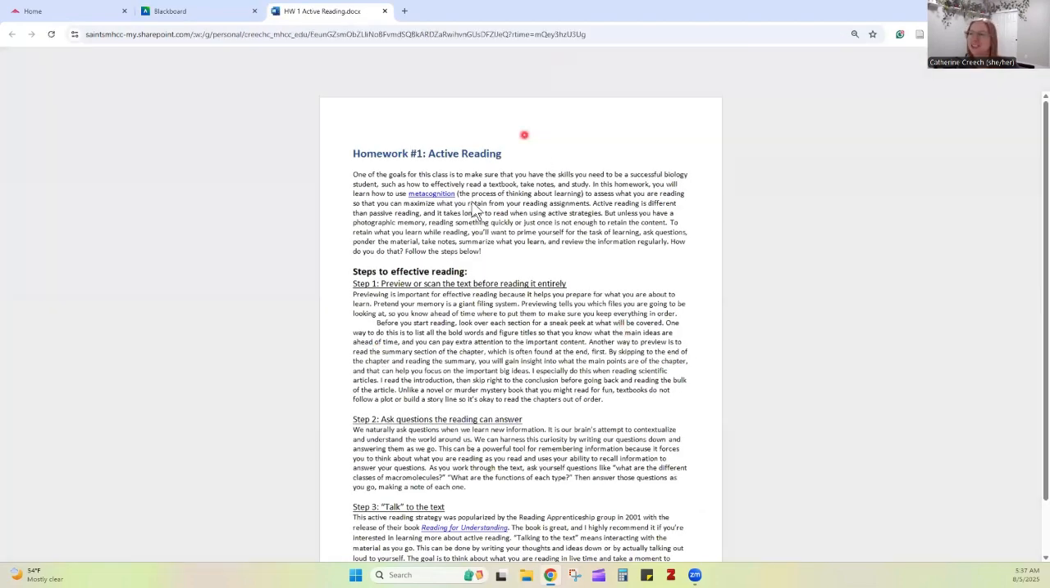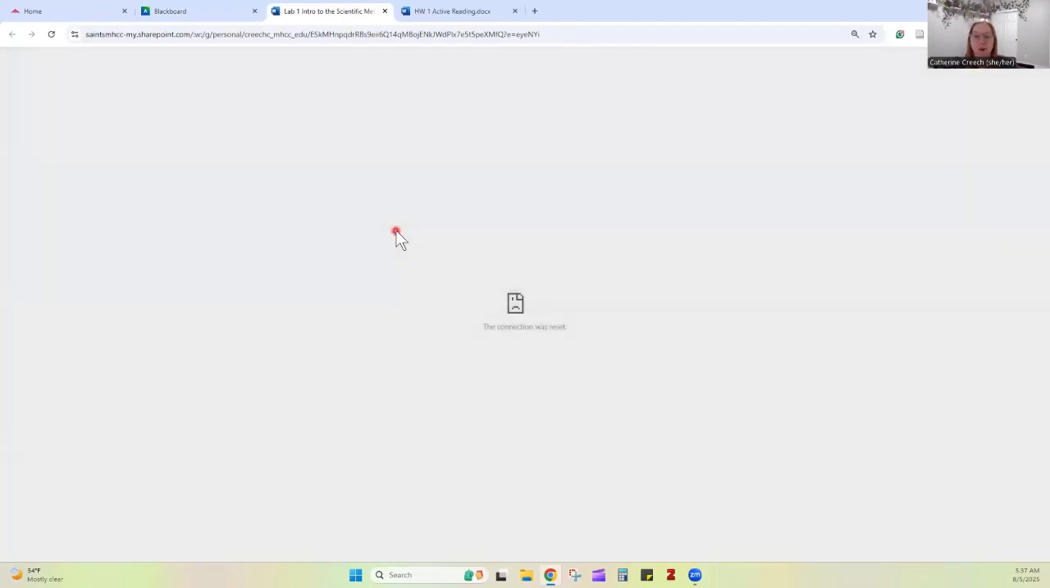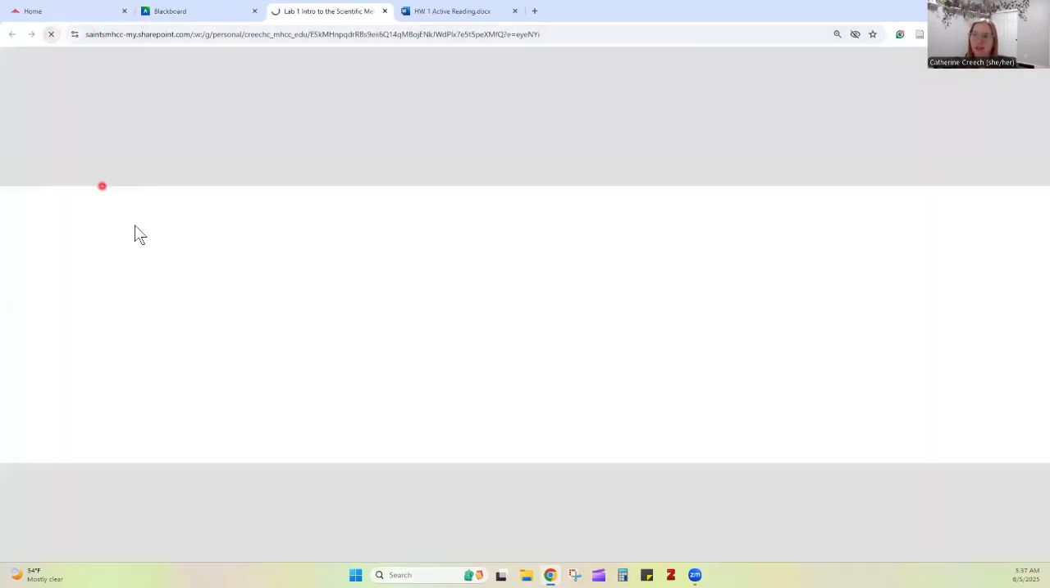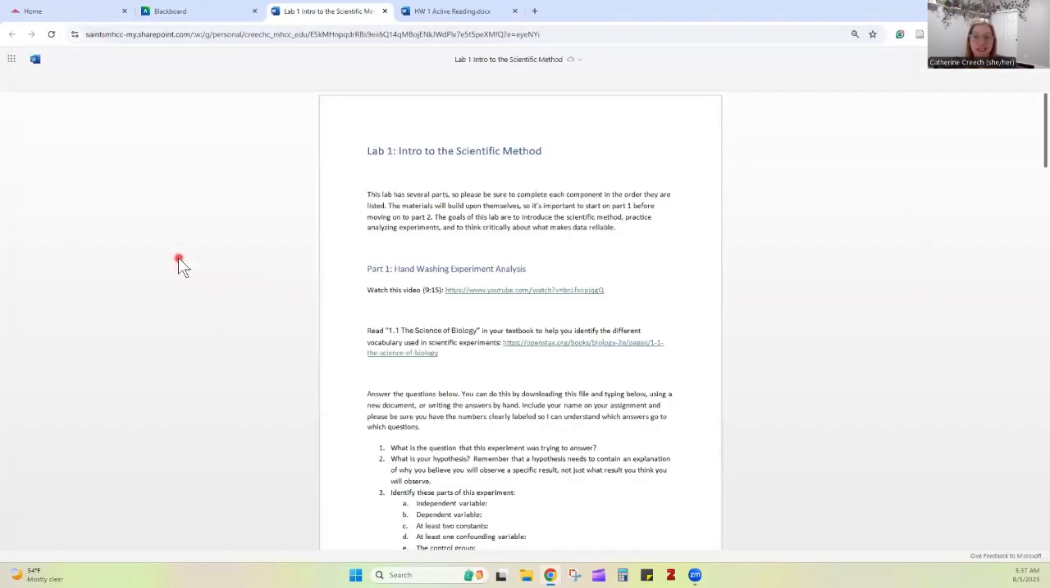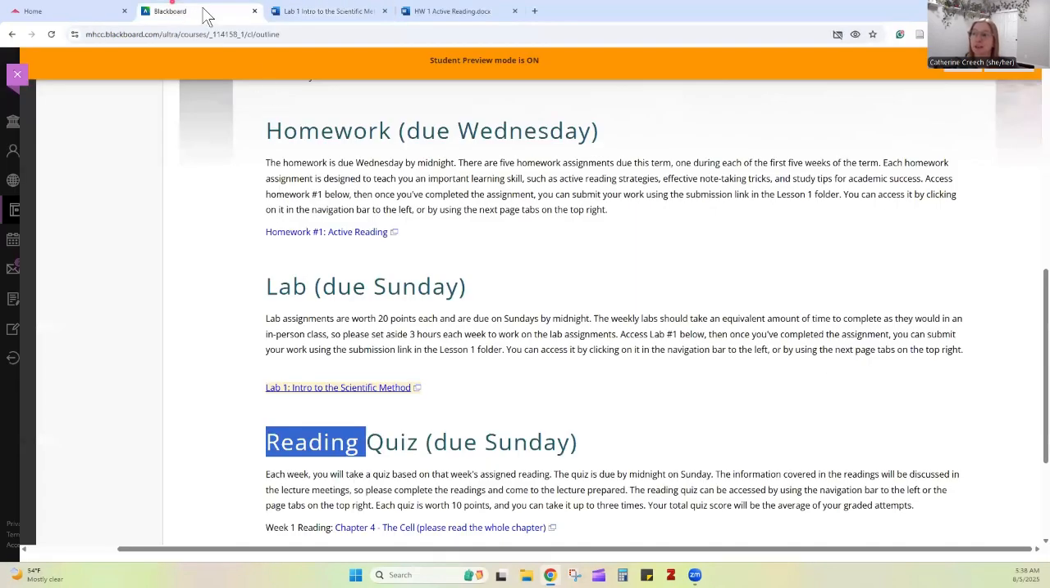So my Wi-Fi is a little slow. So here, I have my homework. When I'm ready to start the lab, I'll click on the lab, and it will open the lab. Everything you need is linked in that page, and that's why it's so important to start there each week. So you have to go in there to find your assignments,